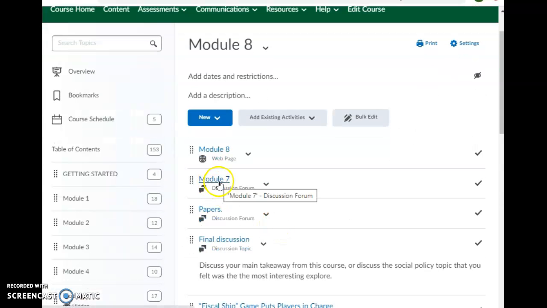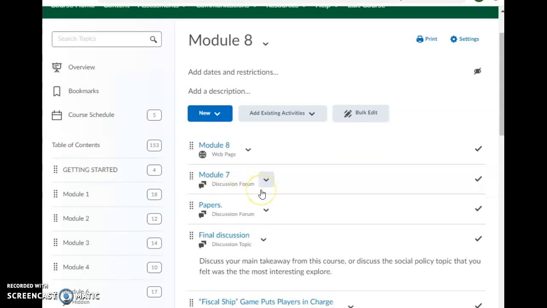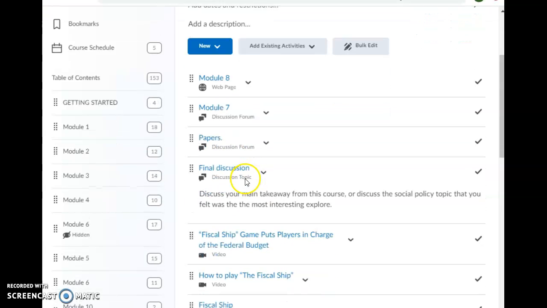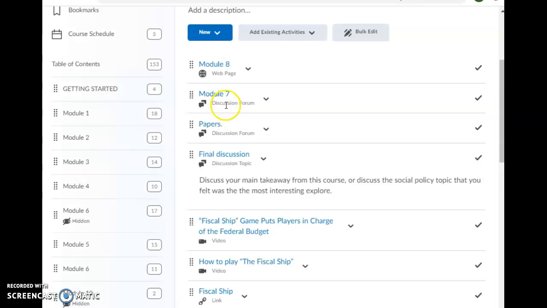We have the Module 7 discussion forum. So you're going to, of course, do your normal responses here. That's just one thread. Remember, 3 different days, 3 responses. We have our papers here. As you upload your paper, you're able to read other people's. So go ahead and read what's there. And again, post, so I know you read it, post one thing you learned from the paper.